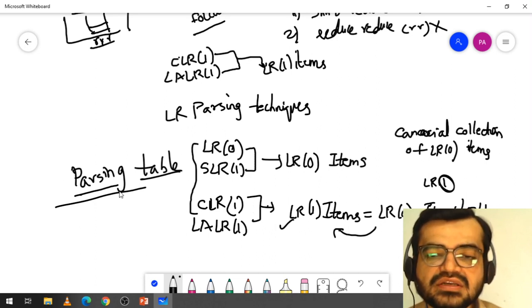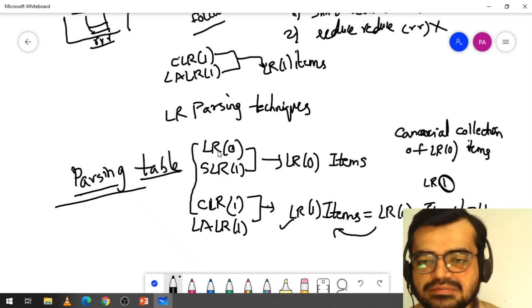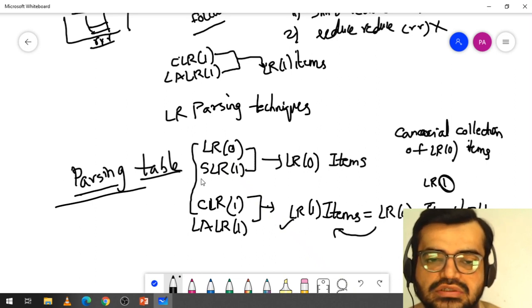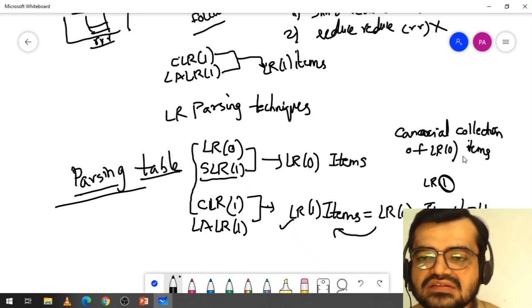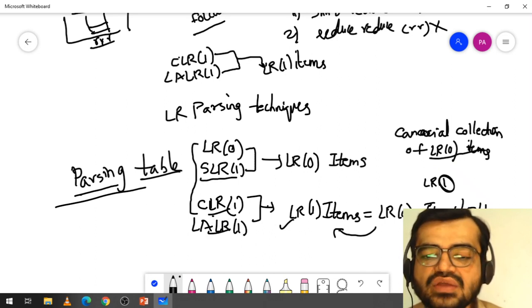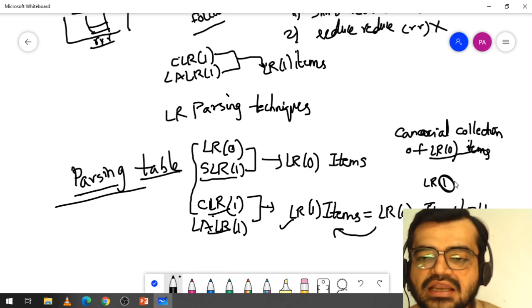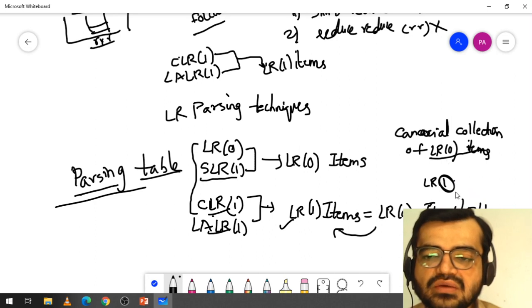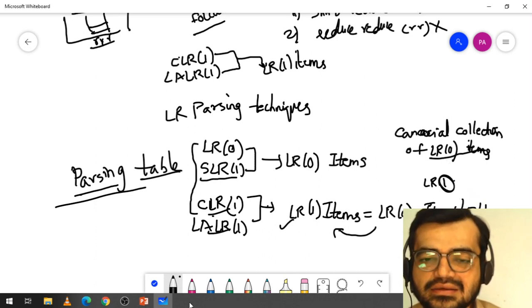That's the main difference between the given parsing techniques. And also one more difference is that in the first two types of parsing techniques, while taking the canonical collection or DFA, we are using LR(0) items, and in the second two techniques, while taking the canonical collection, it will be taken with the help of LR(1) items. Instead of 0 it will take 1 items because it is using lookahead here.